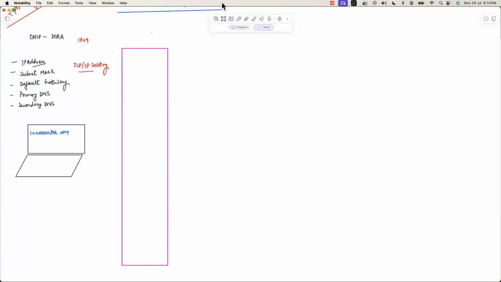So the laptop will do what? The first thing, it will always go where? This laptop will go to the local DNS, and that IP is coming from where? This IP address. Correct? If this is not visible, then the secondary DNS. Correct? So it will go to the, let's say, DNS server,